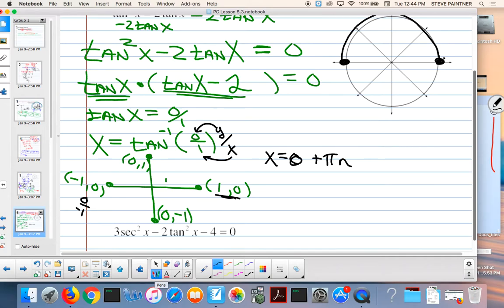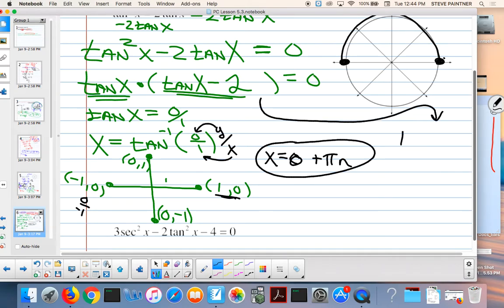But hang on, there's another one. It's right here. Come on over here. And here's the problem with this one. If you set this equal to 0, tangent of x minus 2, well, that will be 2, I guess. How are you going to do this? How do you do inverse tangent of 2 over 1? What triangle gives you opposite 2, adjacent 1,